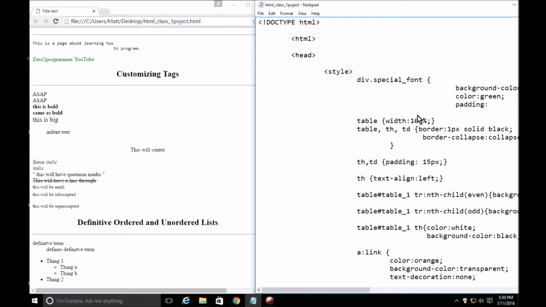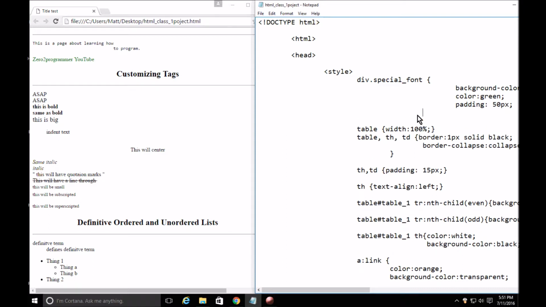And I'll show you exactly what this padding does. I've used it before, but we'll actually go over what the padding actually does. Just so you can see it, maybe we'll do 50 pixels. And make sure to do your close bracket, or you may mess up everything you've been working at so far. Save,